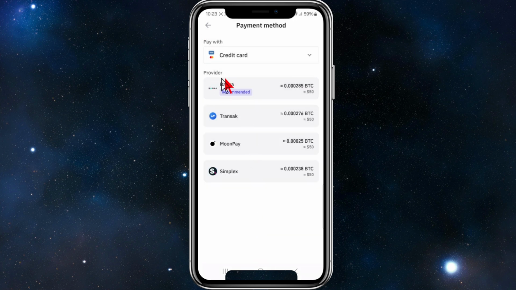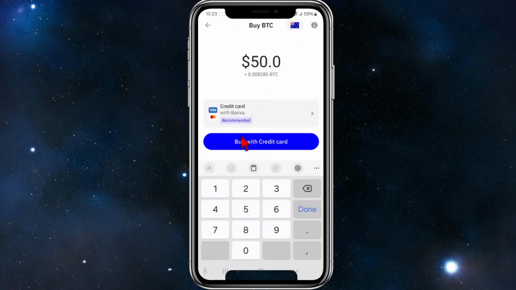Then from here, you need to choose your provider. So you've got Banxa, Transak, MoonPay, Simplex. You can use any one of these, but they say this one's recommended by Banxa, so I'm going to click onto that one. Now from here, it will take me back to where I can purchase, and I can change